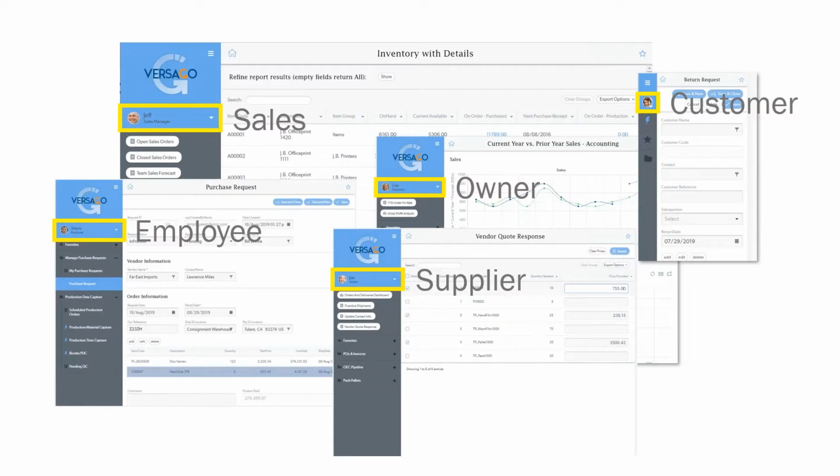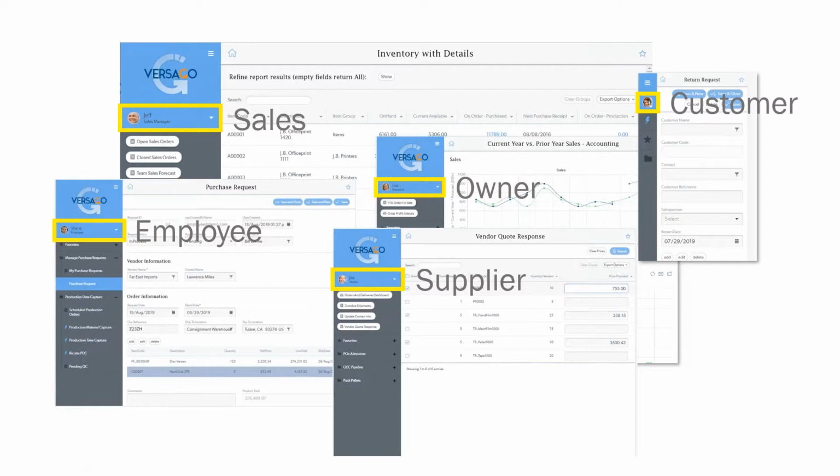This gives you the flexibility to meet the use cases that are unique to your business. Whether you're a salesperson who needs to look up inventory or enter orders, a customer who needs to enter an order or pay invoices, the owner of the company who needs to gain some insight into what's going on, or a supplier who wants to collaborate better, we can do that.